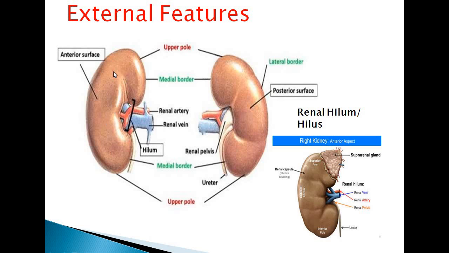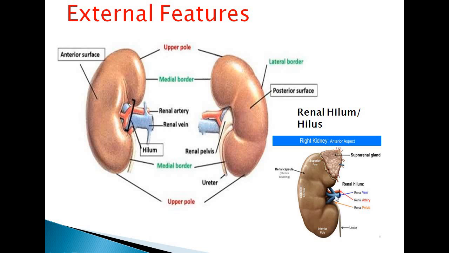The anterior surface of the kidney is said to be irregular in appearance, but looking at the surface, it is not clear whether the kidney belongs to the right side or the left side. So one most important criterion to identify the side of the kidney is to see the structures present at the hilum. From before backward, that is from anterior to posterior, these are the renal vein, then the renal artery and then the renal pelvis. The renal pelvis is the upper expanded part of the ureter.